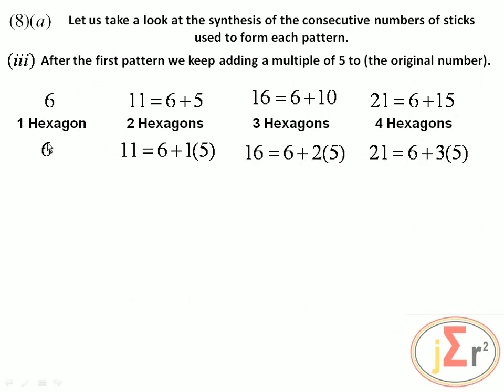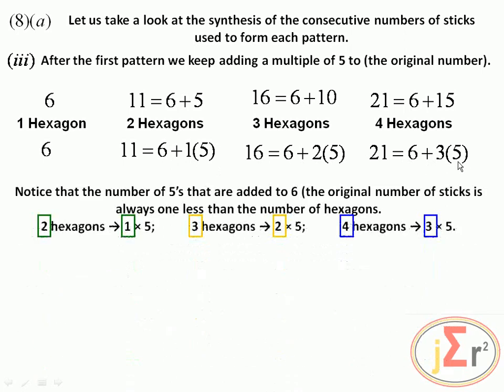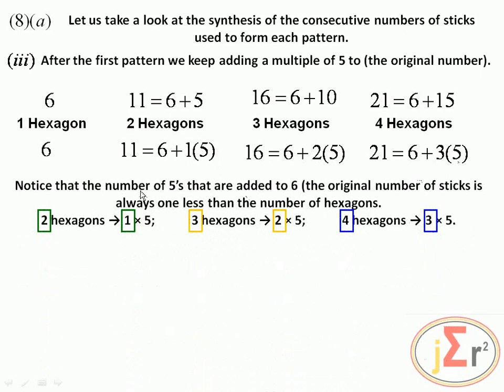So we have 6 here. Then what do we add in order to get 11? 6 plus 5 ones. 6 plus 5 twos. 6 plus 5 threes. Lovely. So we notice that we are adding a multiple of 5 each time. Notice that the number of 5s that are added to the 6,